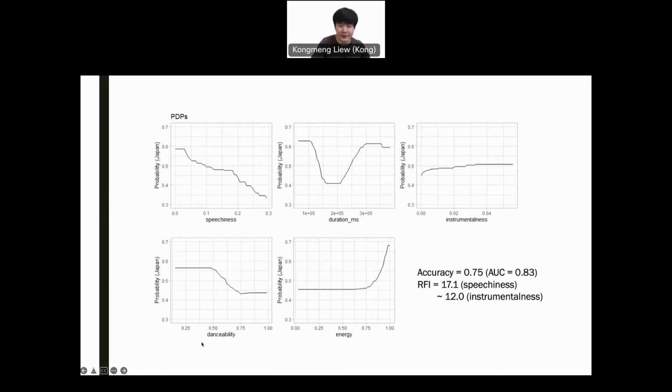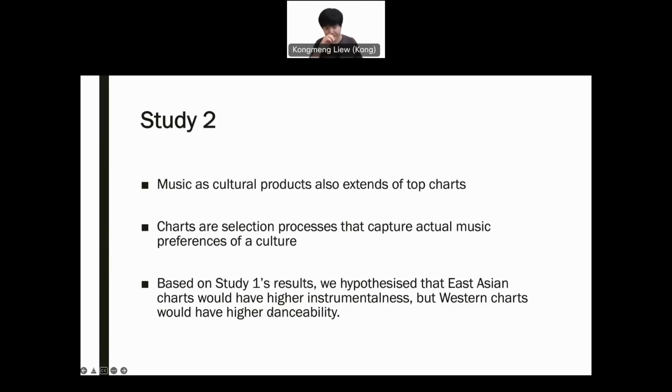So we looked at danceability and instrumentalness, and energy as well, but energy we left out because we didn't know how to define it. I have another paper that I won't go into that looks at energy, so if you're interested in energy, we can talk about it later. But for this presentation, we focus on danceability and instrumentalness. Instrumentalness is quite low arousal, whereas danceability represents dancing, which is a higher arousal kind of movement.